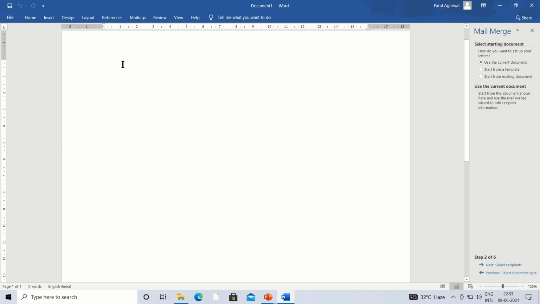Suppose we are sharing a letter with a number of people, so we will just write "To," and then "Dear" or a salutation, whatever we want to give as the name.